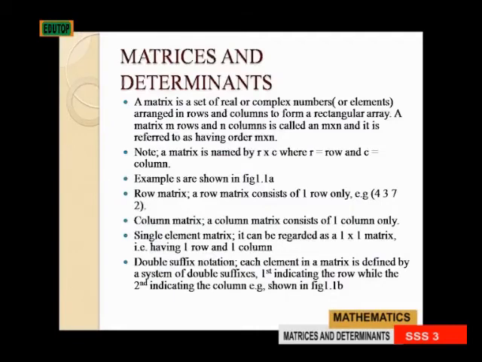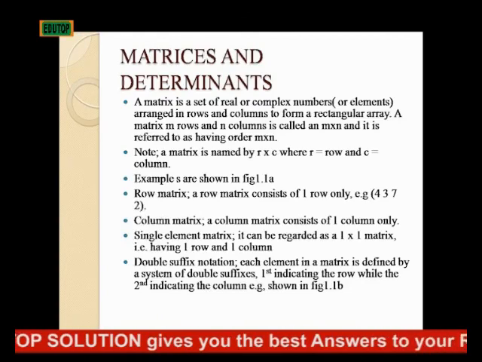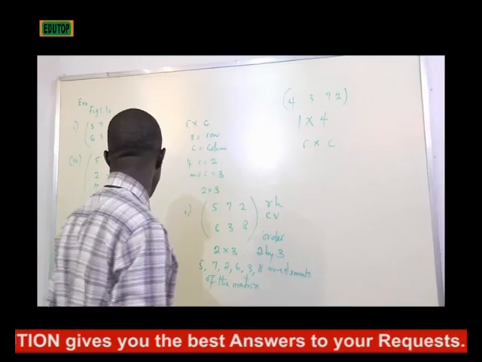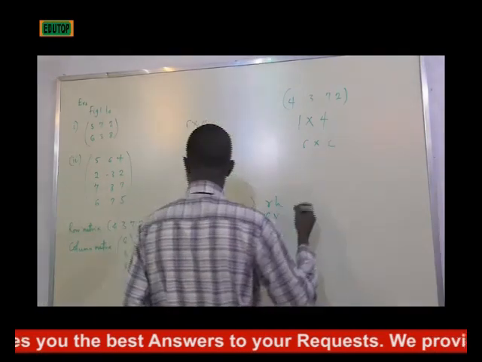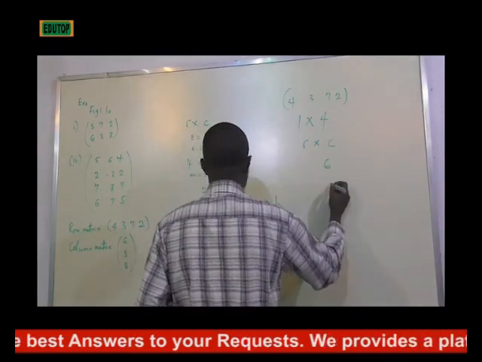Then the other one is the column matrix. A column matrix consists of one column only, and that can also be demonstrated on the board as 6, 3,